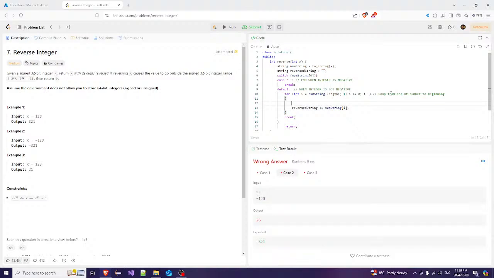However, we're just going to check first if the character is the negation sign, because if it's the negation sign, we're not going to reverse it. We're just going to make it so there won't actually be a negation sign, because we already checked for that. Sorry. So okay, plus equal this, and then